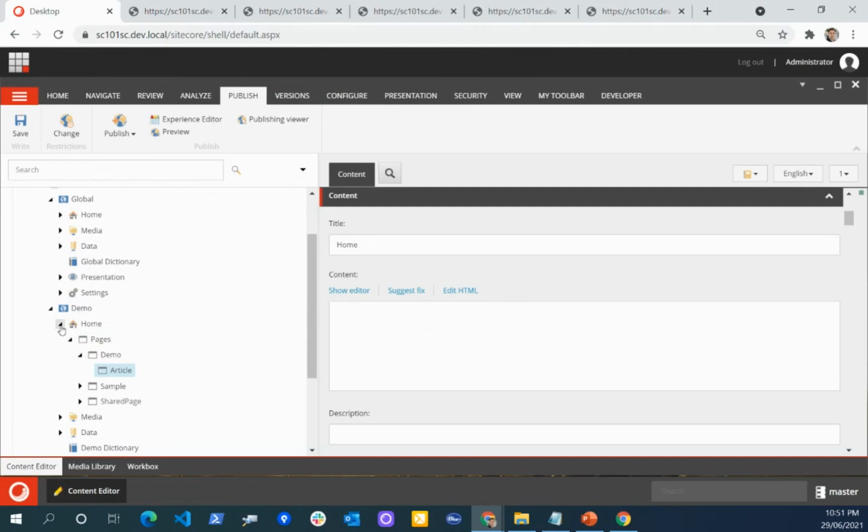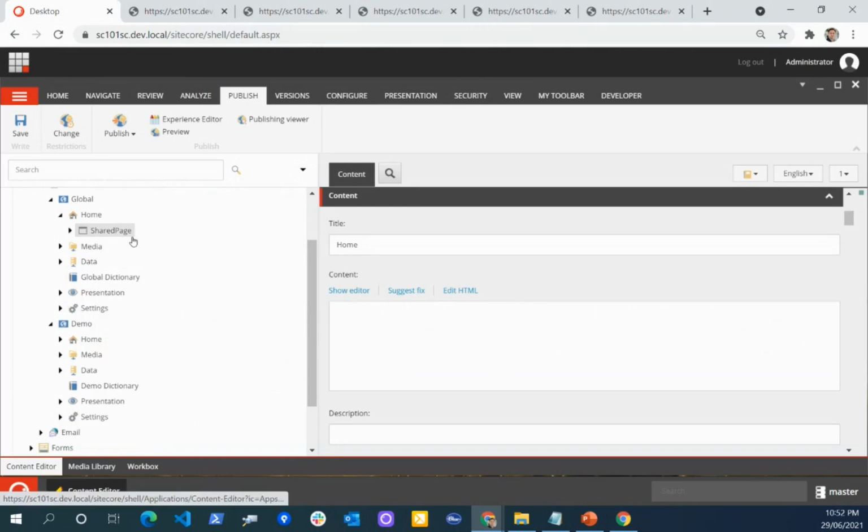So let's say the content editor wanted to manage the content page on one site, and then they wanted to see that page on multiple sites. So we can delegate that area. Basically, let's say this is my shared page, and I delegated that shared page here.